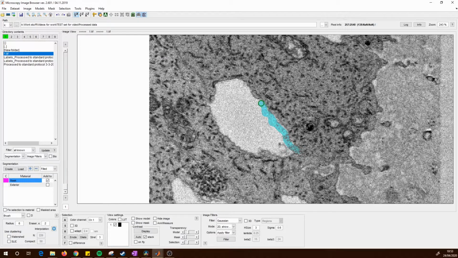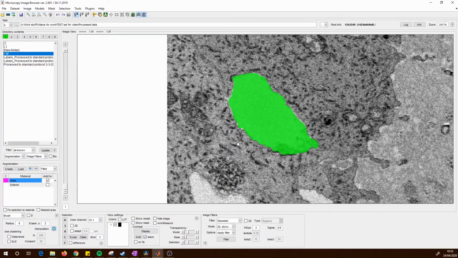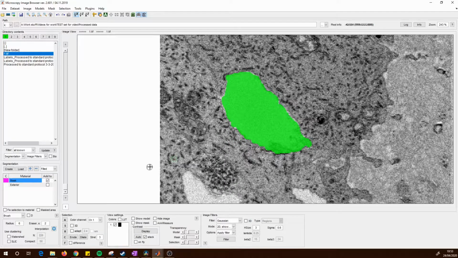There are various tools you can use once you're happy with the area you've segmented. I'm not going to be too precise in this case. So you only have to draw around the outside of the object. What you can do is then fill it in with F. Once we have that, we can now begin to add it to something else like the mask or a material